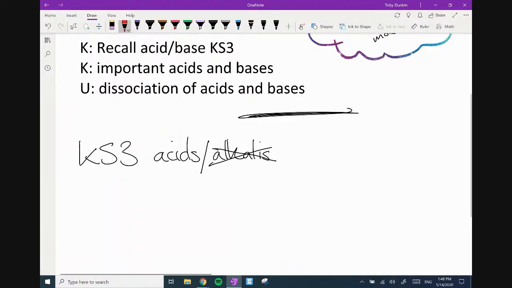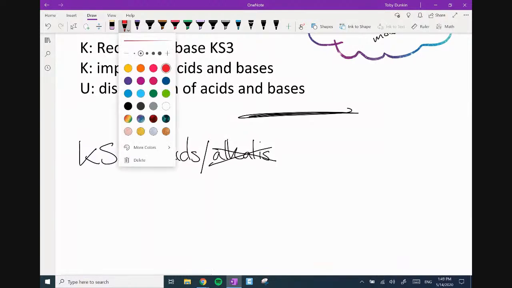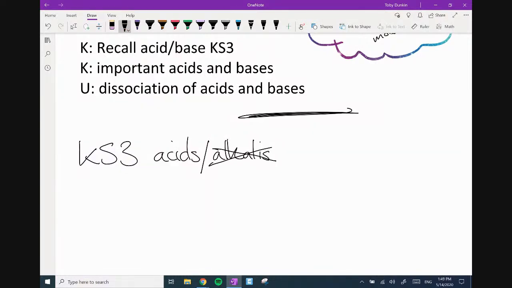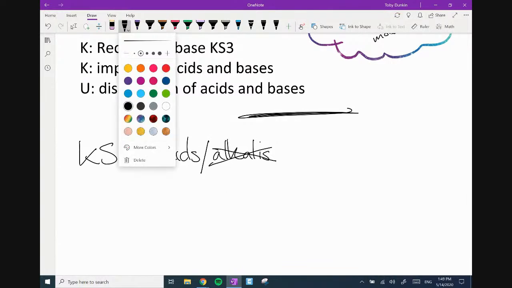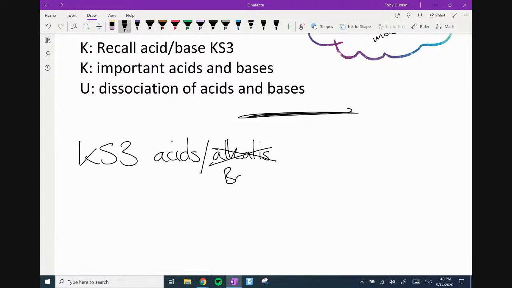What this should be, I'm making the very first correction here, guys, is acid-base theory. I'm going to capitalize this. So I'm going to change my color back to black. We shouldn't call it acids and alkalis, but we do. By the way, I don't teach acids and alkalis. I teach acids and bases.